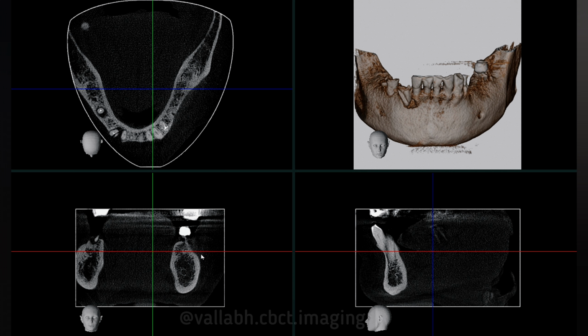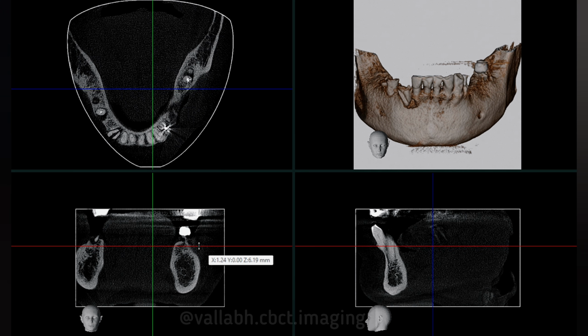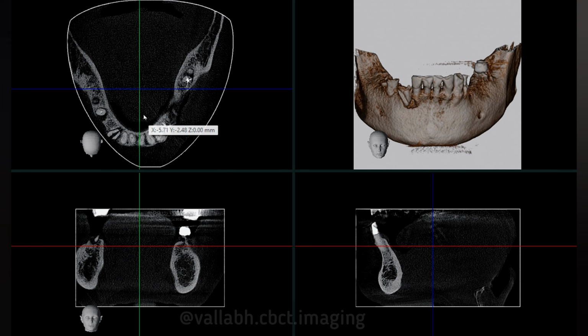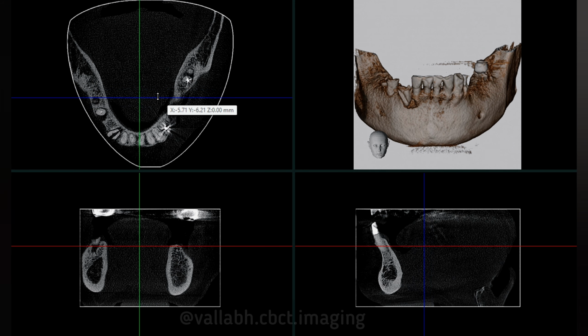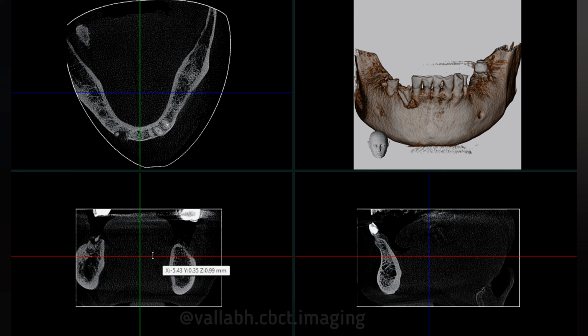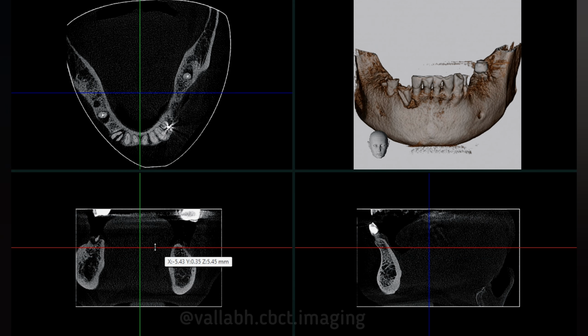The patient basically came with the chief complaint of missing teeth and wanted replacement of teeth with dental implants in the lower jaw, left and right side. On taking the mandibular CBCT scan, we came across an incidental finding, as we went down from the occlusal